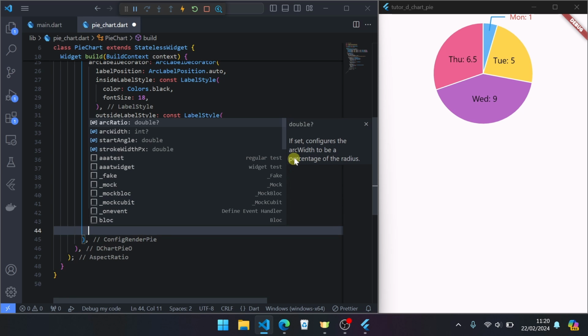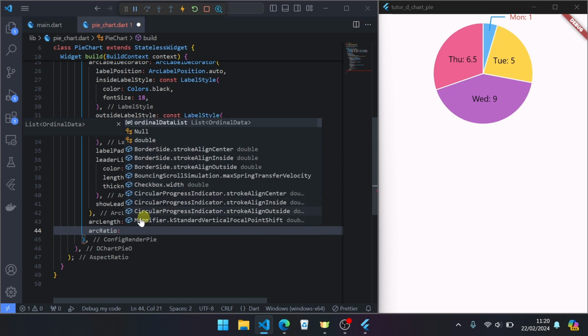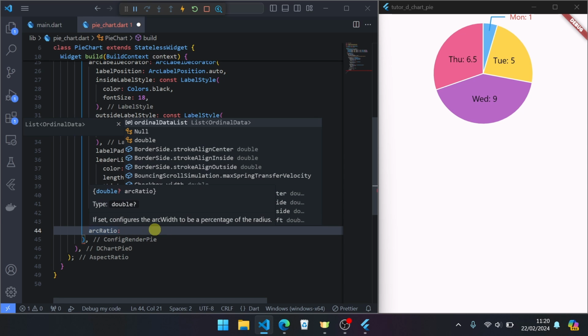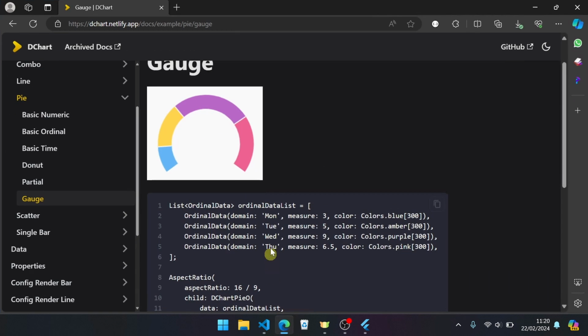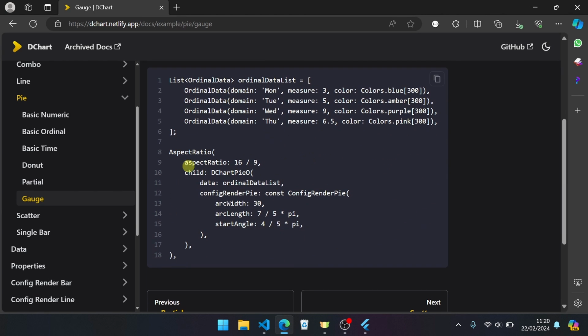Next, arc ratio. It says configure the arc width to be a percentage of the radius. Arc ratio. For example, we can see from the sample, ratio.